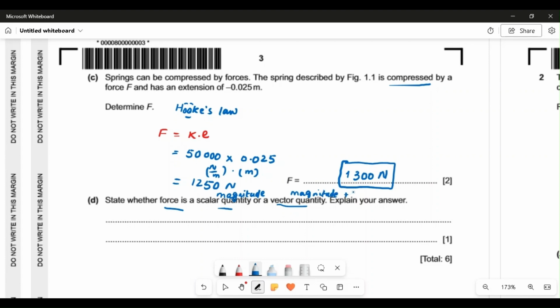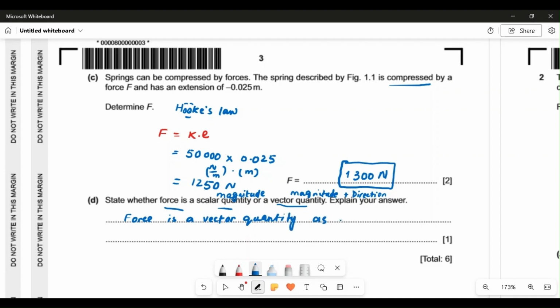So force is a quantity that has a magnitude and direction. So we can simply say force is a vector quantity